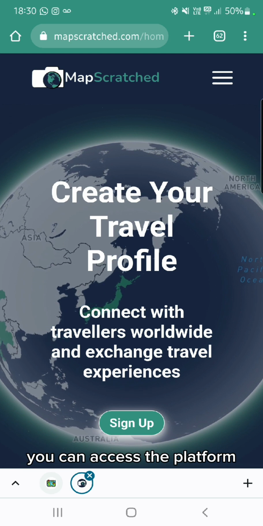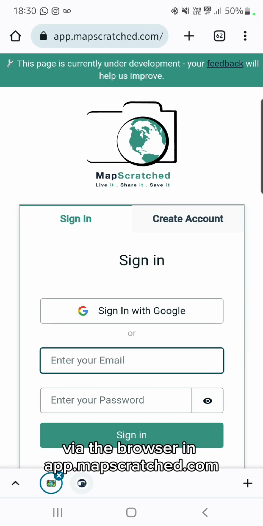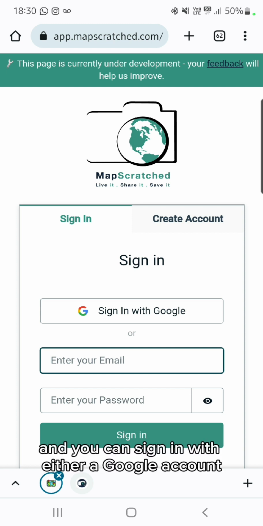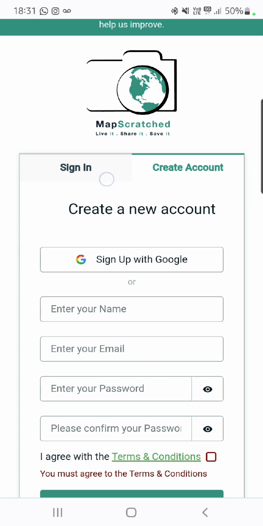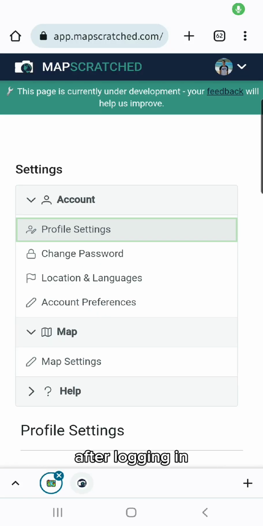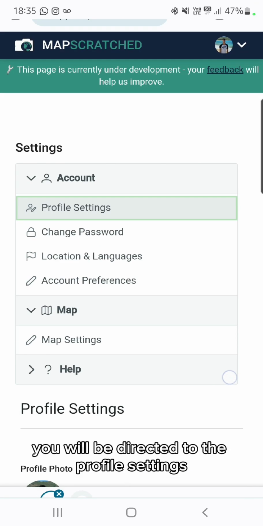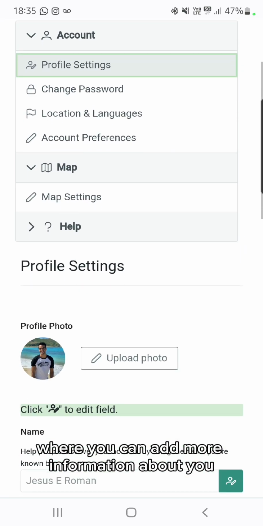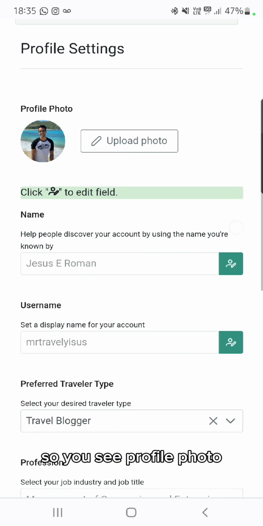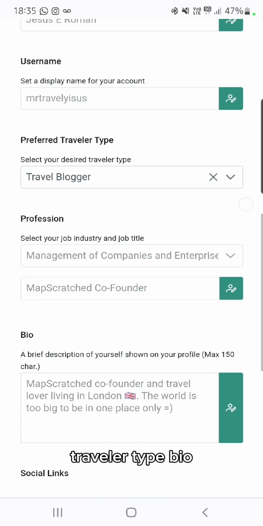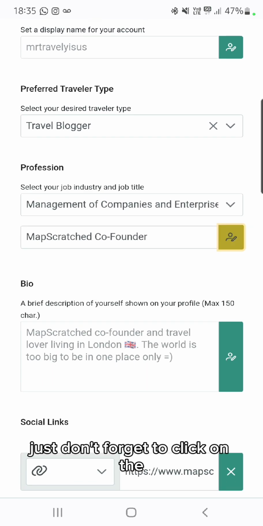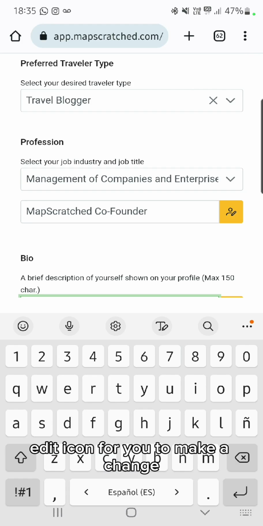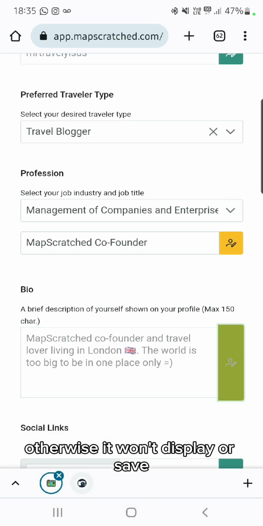You can access the platform by the browser at app.mapscratched.com, and you can sign in with either a Google account or an email account. After logging in, you will be directed to the profile settings where you can add more information about you, say profile photo, your username, travel type, bio, some social links. Just don't forget to click on the edit icon for you to make a change, otherwise it won't display or